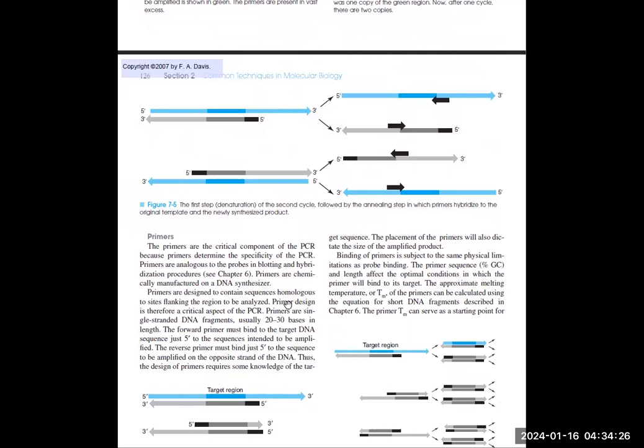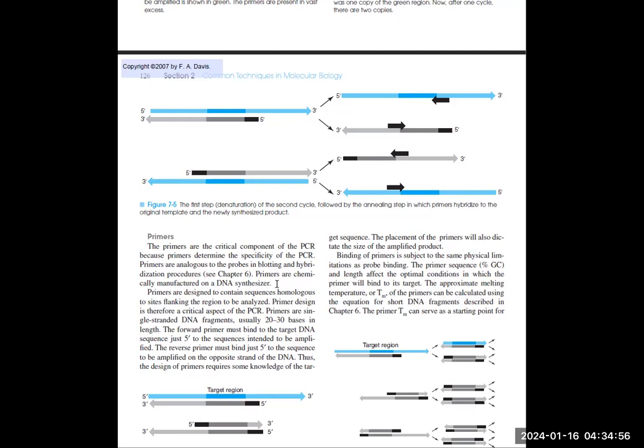And they are chemically manufactured in a DNA synthesizer. But the thing is we can actually set the specs of our primers. We can set it online and we can give what we want to have, the length of our primers and